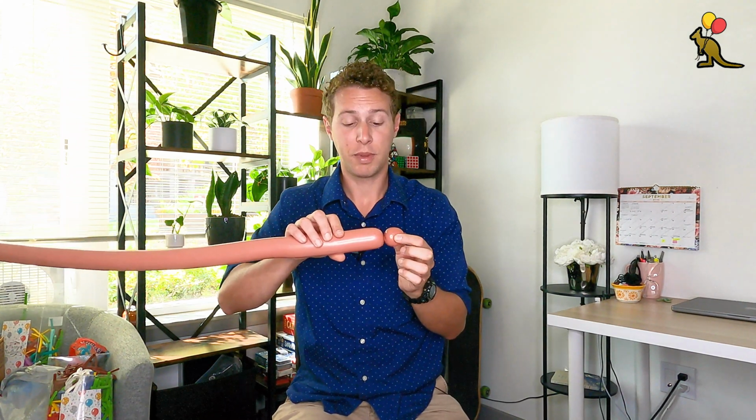Before you start twisting, give it a good squeeze, and we are going to start with the monkey's face and work our way to the end of his body to the end of his tail. First, we're gonna start off with his nose right here. We'll do a 1-inch bubble. Then we are going to make an ear twist after this 1-inch bubble. So we'll make another 1-inch bubble